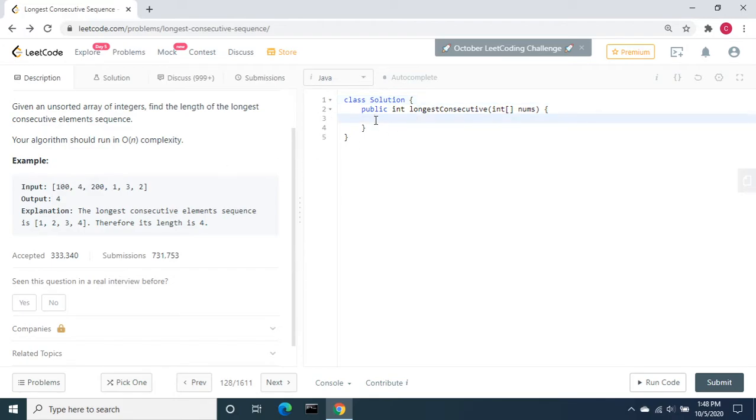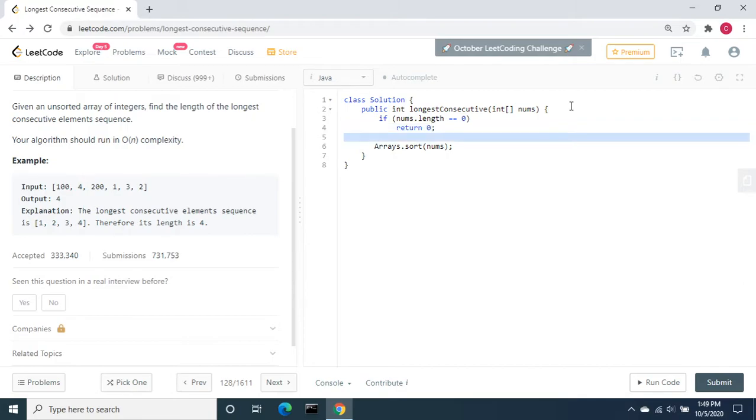First I am going to sort this array and then do a for loop to check the values and count the number of consecutive elements. To sort the array, I'm going to use Arrays.sort(nums). Before that, let's check the length: if nums.length equals 0, then return 0.